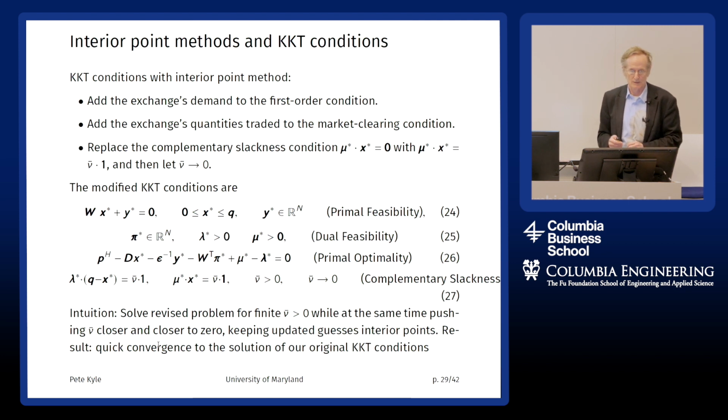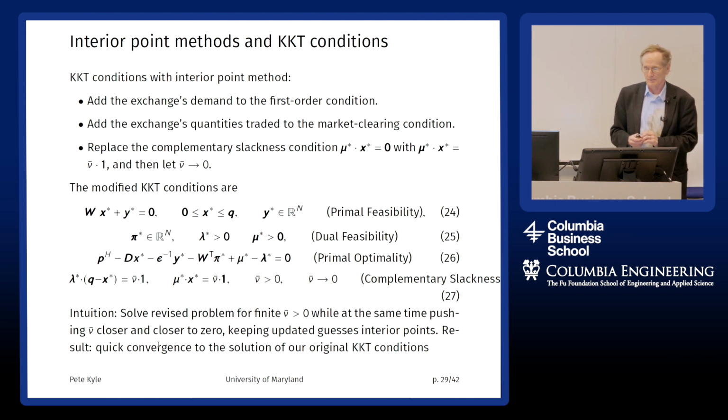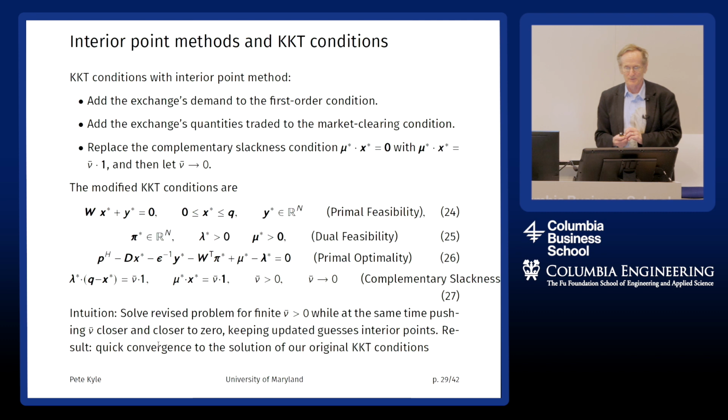So what we've done is implement an interior point method that solves these equations for eta, this complementary slackness modified parameter, and make that parameter very, very small so that you're getting very close to the original problem. You can then check that your proposed solution to the original problem actually clears the market and respects the demand functions. And it does.